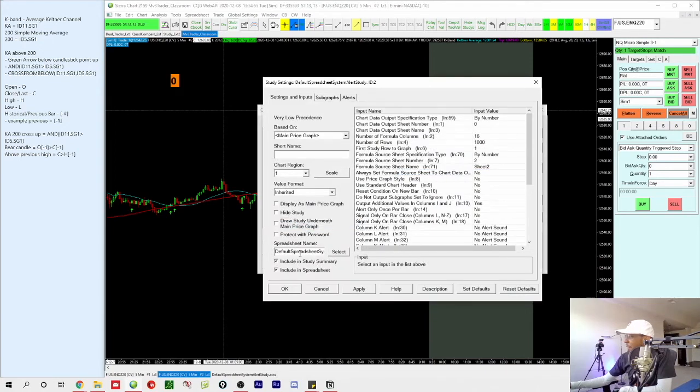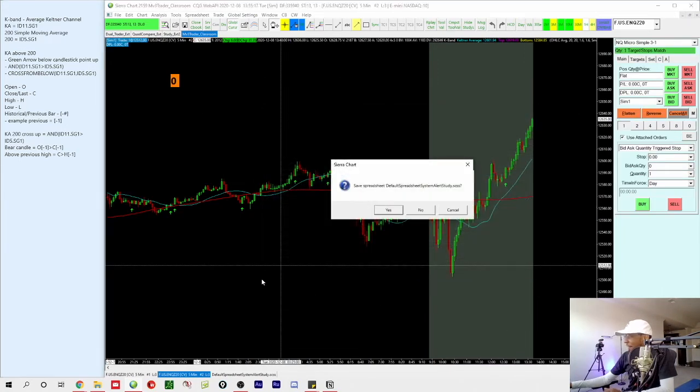If we're creating this for the first time, we can just name the study right here, let's say spreadsheet example. And then once I click OK, or if I click apply,